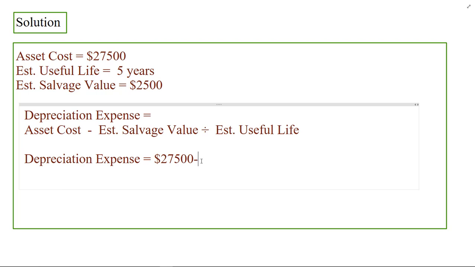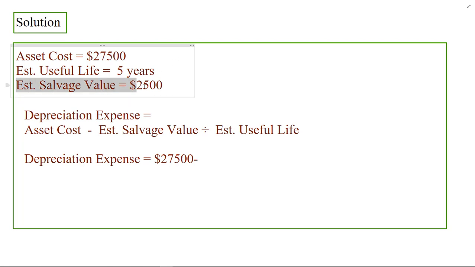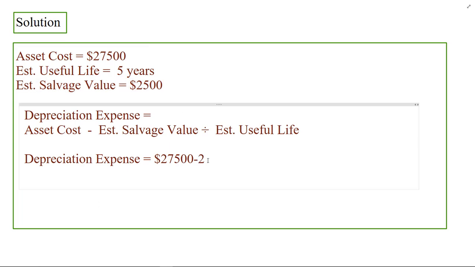minus estimated salvage value. The estimated salvage value is also given in the question. Estimated salvage value is equal to 2,500 USD. That is the estimated salvage value of the asset